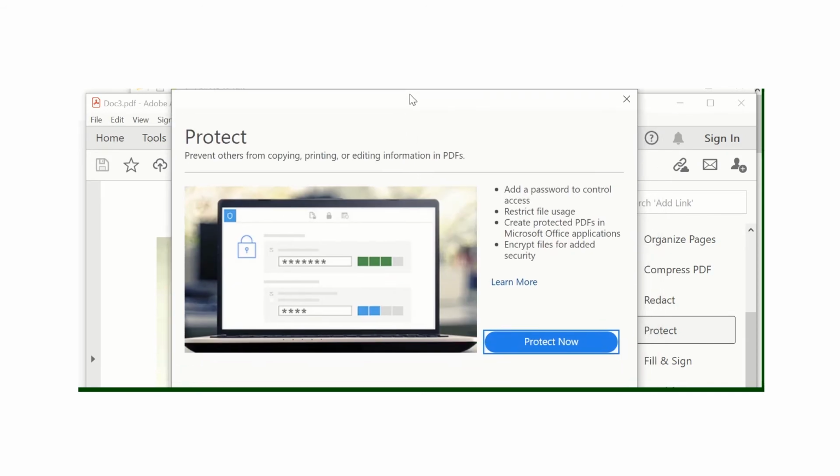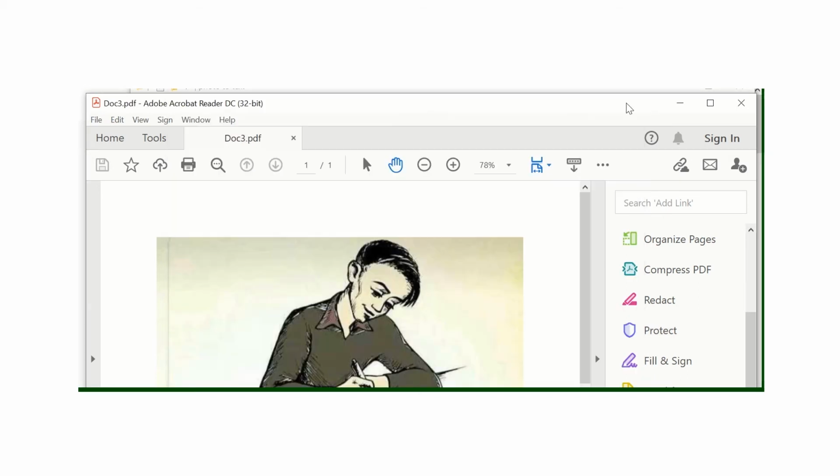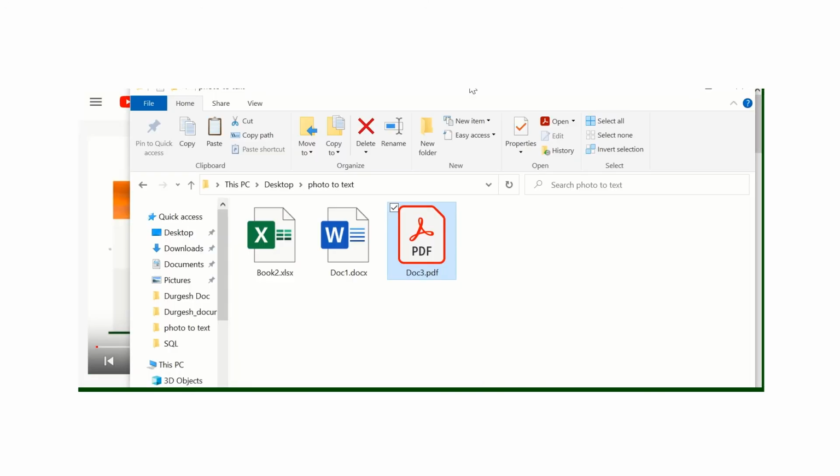here it will ask you to purchase the software. The free version cannot allow you to protect with a password. So this is the problem here. Mostly people are using the free Adobe software, so it will ask to purchase that. So just cross it, no worries. I will tell you how to do that.